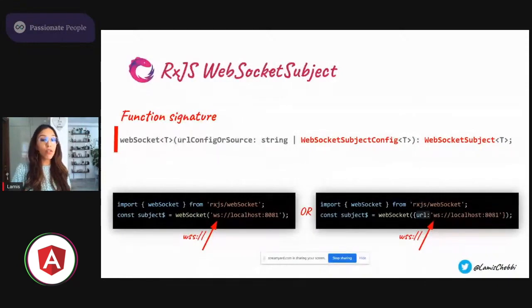So in order to use it, all that you have to do is call the WebSocket factory function available in the RxJS WebSocket package. This function takes as a parameter the URL of your WebSocket endpoint and returns a ready-to-use subject. For the URL, you can use either WS for WebSocket or WSS for secure WebSockets. I have put WSS, so it's WS or